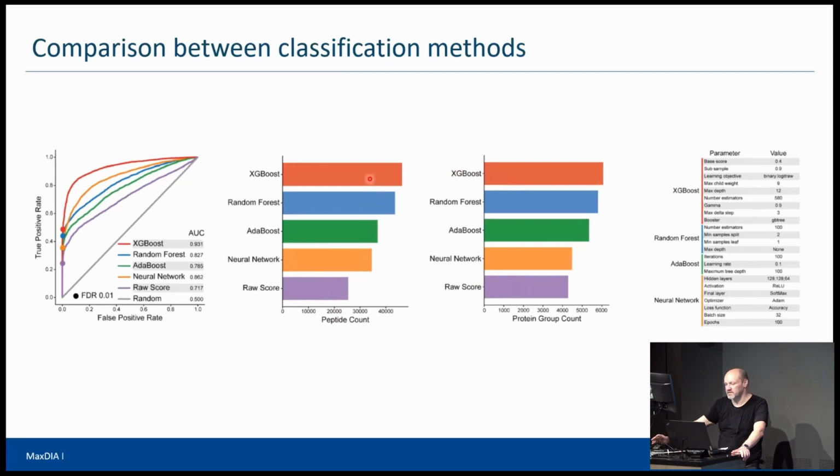And so basically, that's also what we use. What is hard-coded into MaxQuant in the end is that XGBoost is always used for doing this. And so basically,